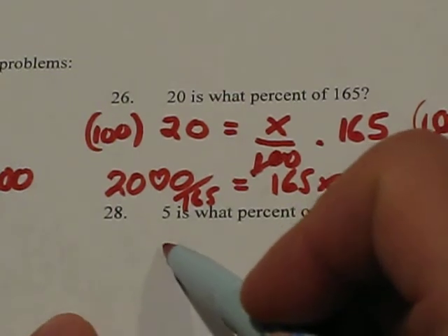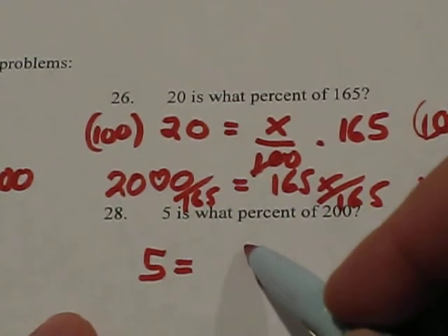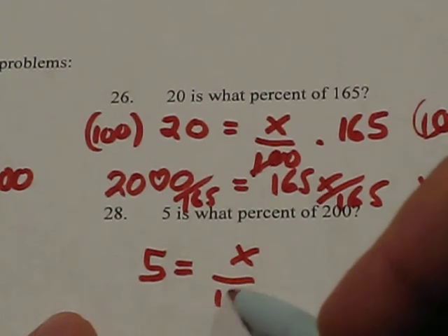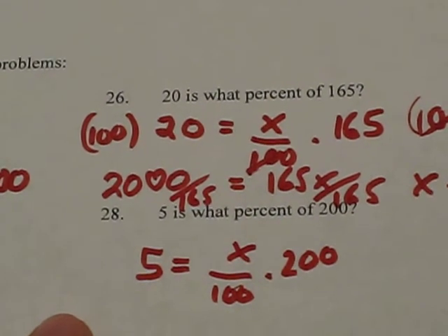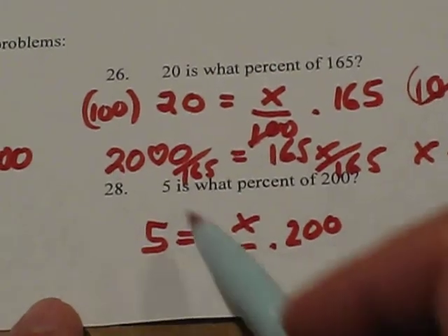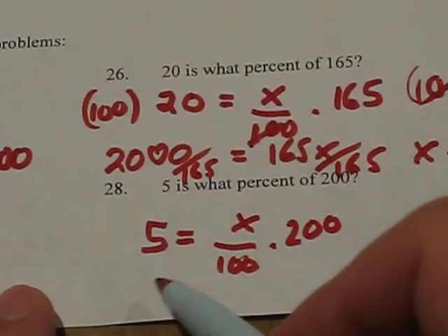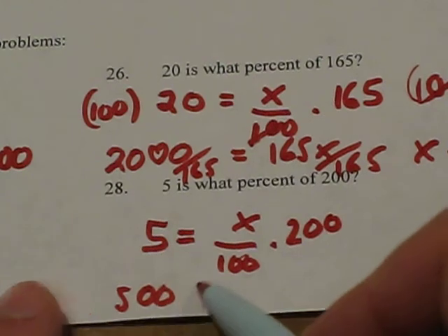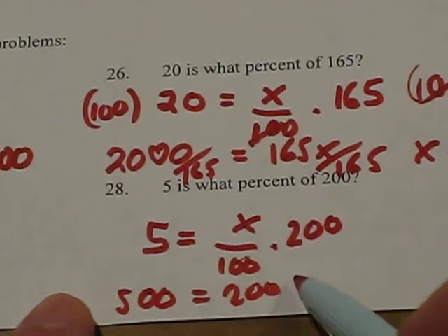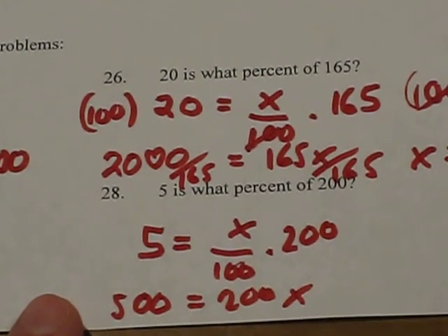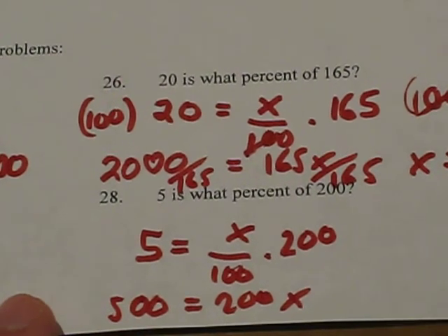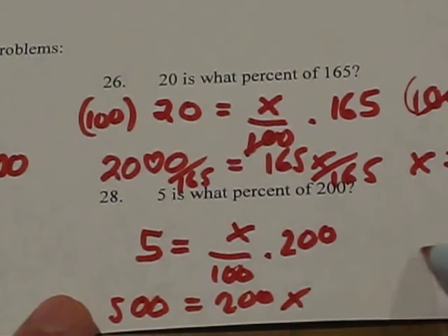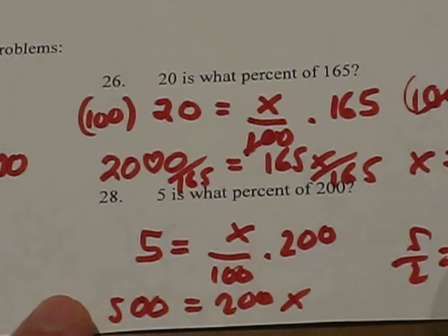Okay, here's the setup. 5 is equal to x over 100 times 200. And to solve this, you would multiply both sides by 100, which would give you 500 is equal to 200x. Do a little quick division there, and we will get a nice answer of 5 halves equals x,